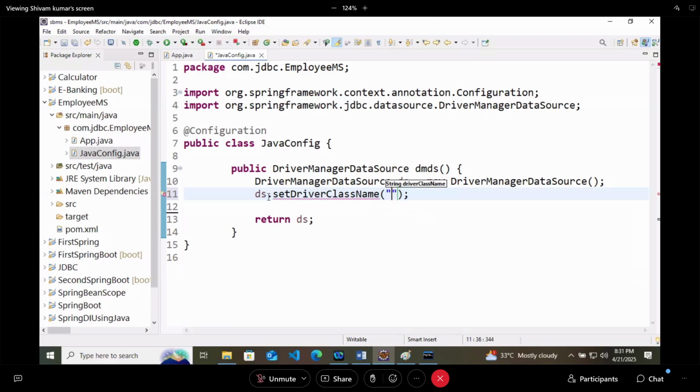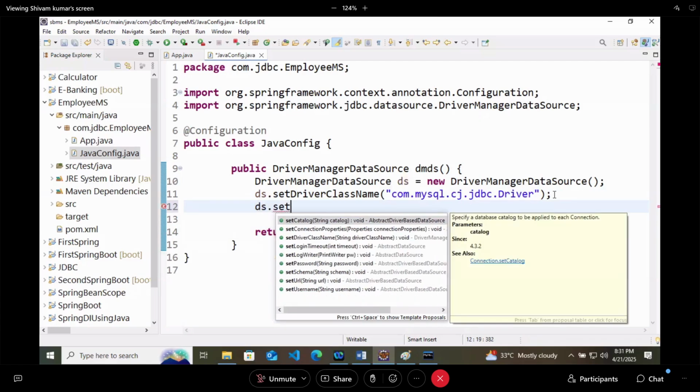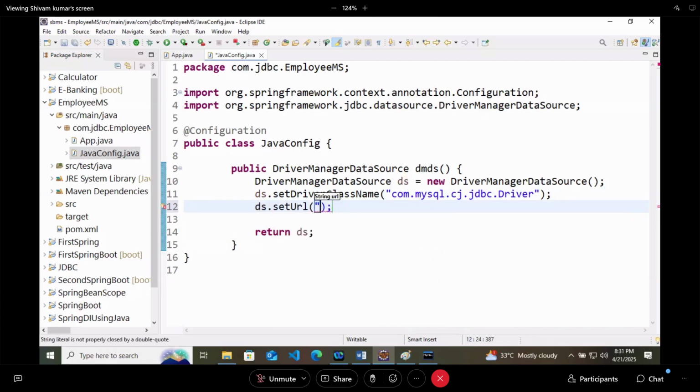Here we have to write the driver class name as we are on MySQL: com.mysql.cj.jdbc.Driver. And then ds dot setUrl. The URL is jdbc:mysql, where MySQL is my database, which runs on localhost 3306.